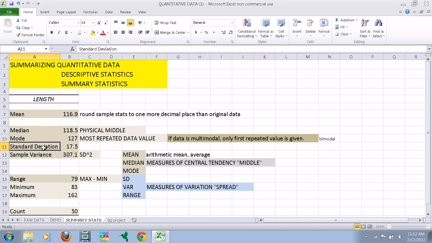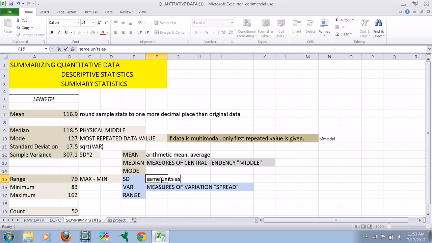We've talked about standard deviation and variance before. So remember, the variance is the square of your standard deviation, or you can think of the standard deviation as the square root of the variance. Okay, they are related. Now, the standard deviation, we probably should talk more about. There's a lot that can be said about the standard deviation. The standard deviation is a way of measuring the spread of your data. All right, it's a way of measuring the spread of your data. And it's a way of measuring the spread that takes into account every single data value, and it's actually going to be in the